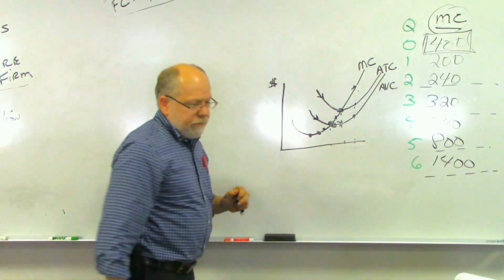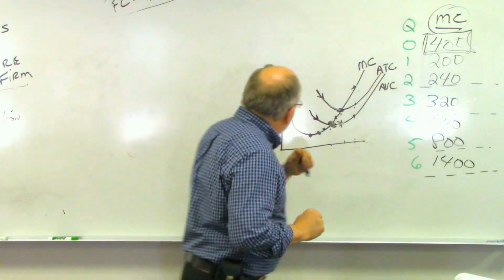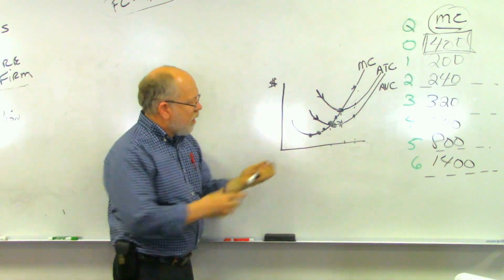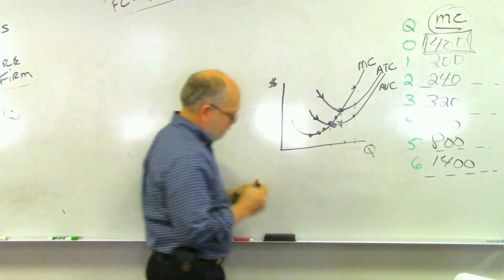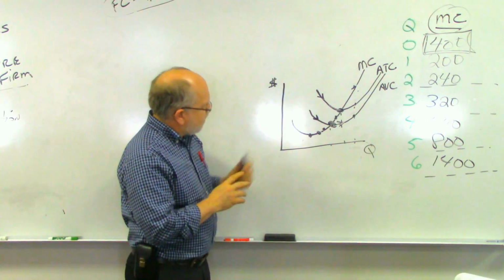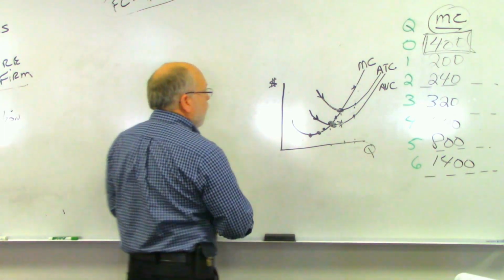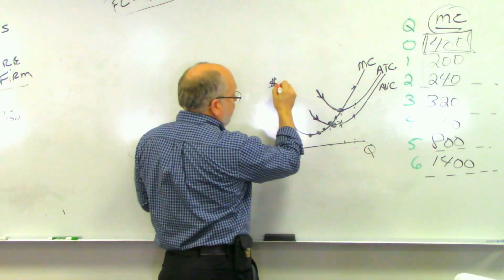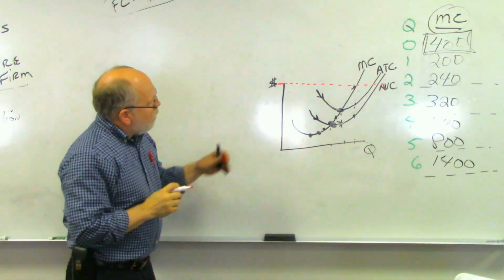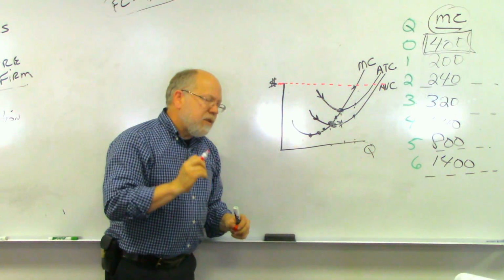Now, let me just state the revenue maximization rule. Remember we said that we put a dollar sign here because we're not just talking about prices and quantity, we're talking about costs and quantity as well. We're talking about cost and price up here. If we had a price at this level here, a price at that level here, and again we can pick whatever price we're at here, our profit maximization rule says that we want to pick